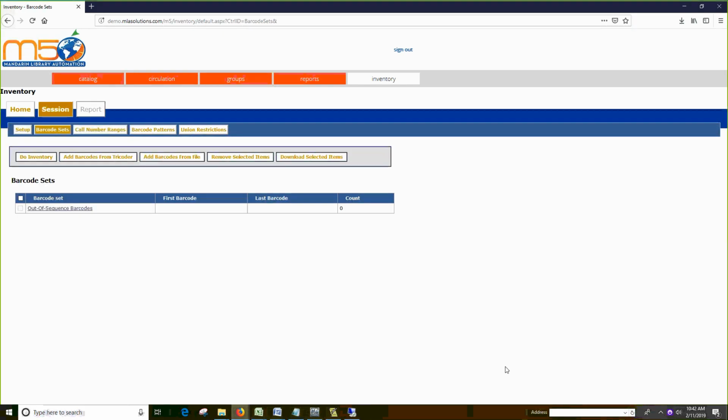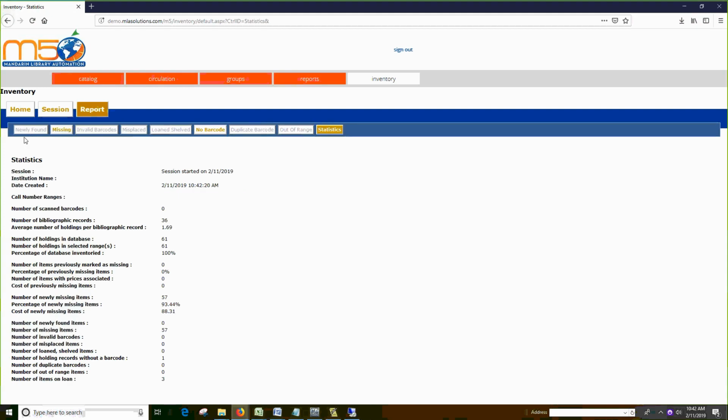If there were items in newly found, that means that you scanned an item into the inventory that was already previously marked missing. Whenever an item is marked missing, it puts a letter M in the 994A of the holding record. So if you scan in an item that has an M in the 994A field, which means it's already been marked missing, the system will say, wait a minute, you're scanning this into inventory, but this item is missing. How can you have this item if it's missing? So it's telling you it's newly found. So now you can unmark it missing. There's an unmark option in the newly